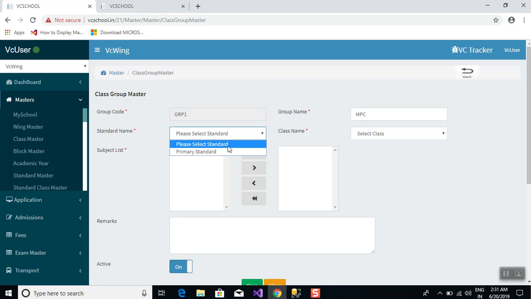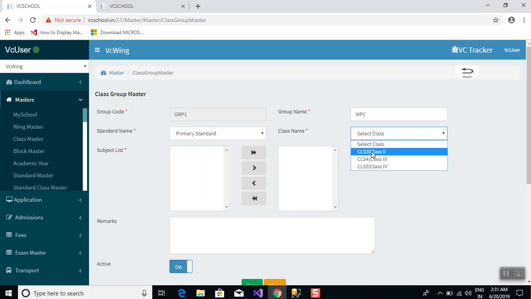After entering group name, standard needs to be selected for which standard you are creating the group. That standard we need to select here. Primary standard, second class. By selecting the class, the subjects we have